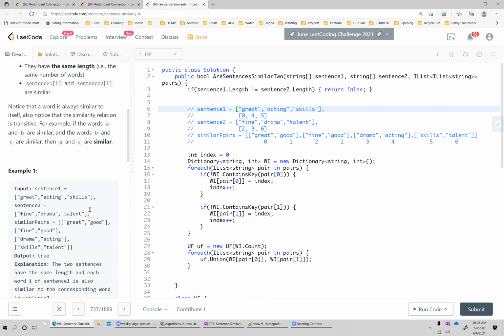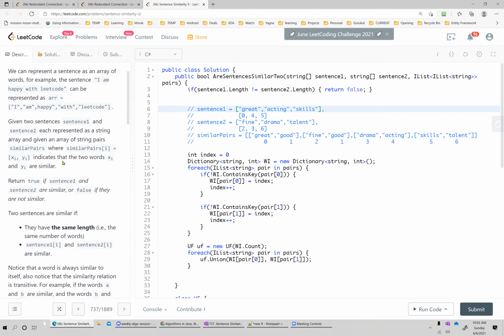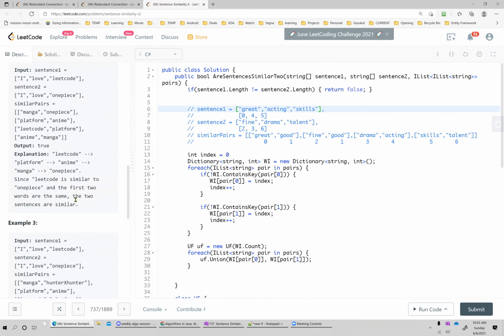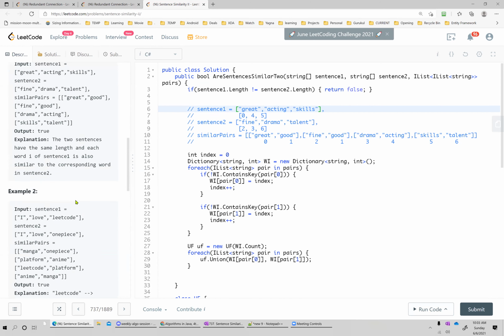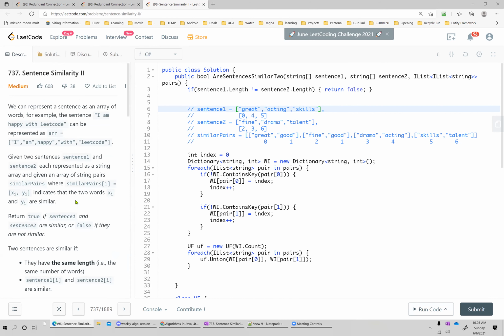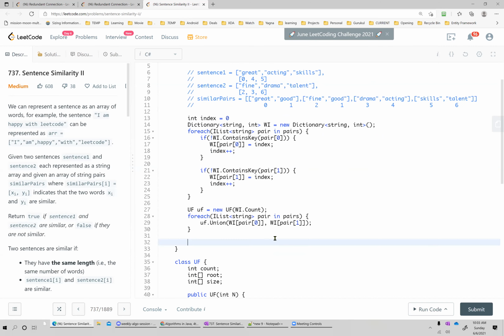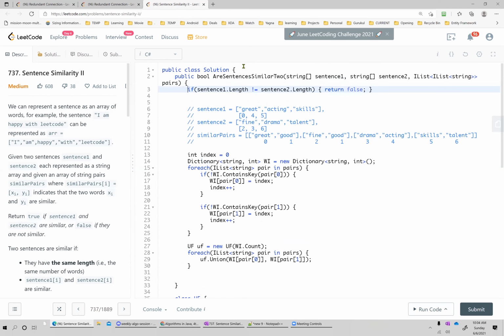If you read the question, we have to do a one-to-one comparison. They have already mentioned same length. Index i and index i have to be similar. That's their point 1 and 2, the same length. So we don't have to do anything; we assume that it is the same length? The test cases themselves are designed that way? No, we can't assume. It's given that two sentences are similar if they have the same length. So we can just short circuit. Oh, okay, I got it. Sorry, I overread.